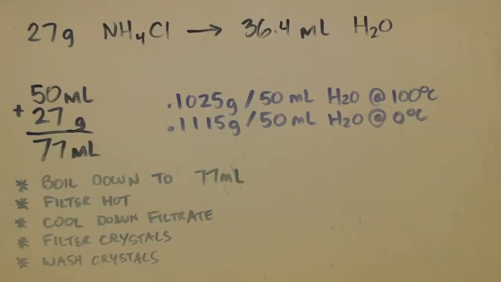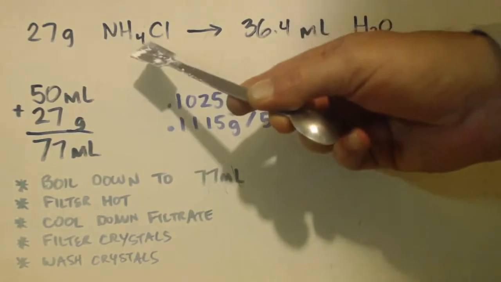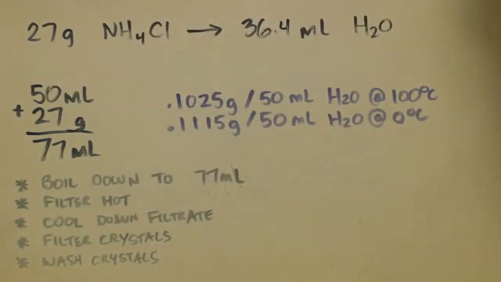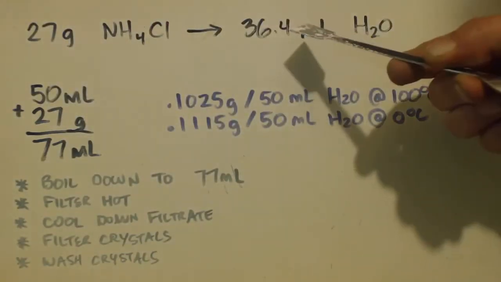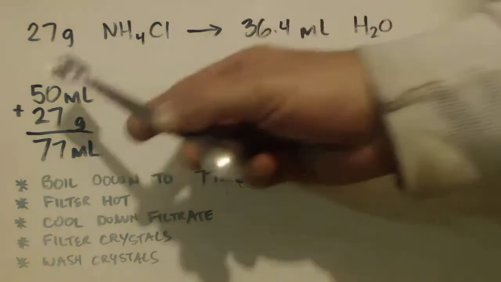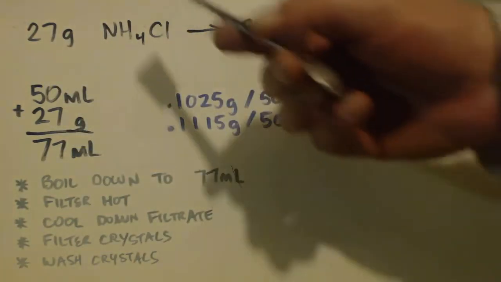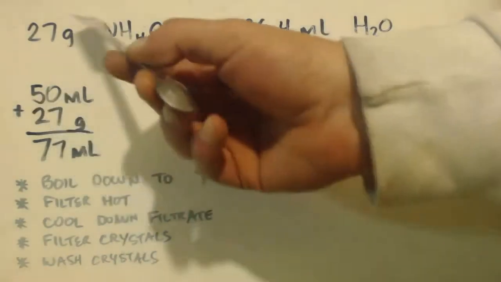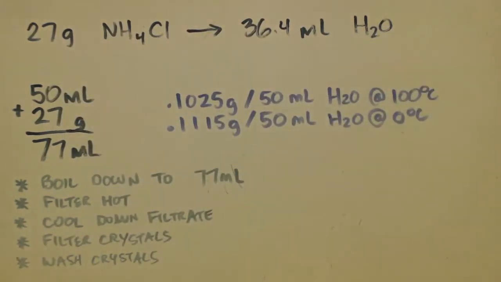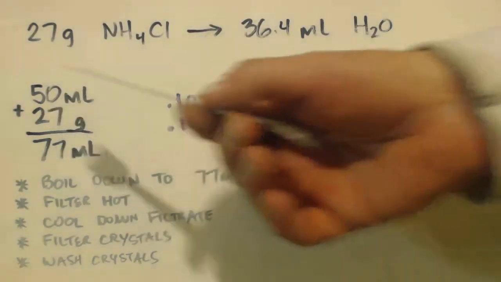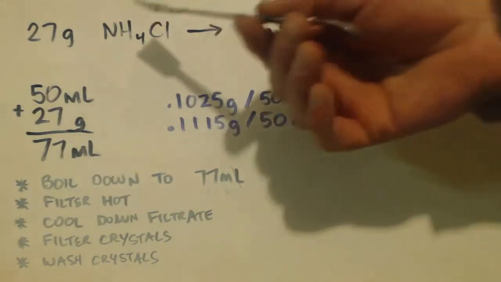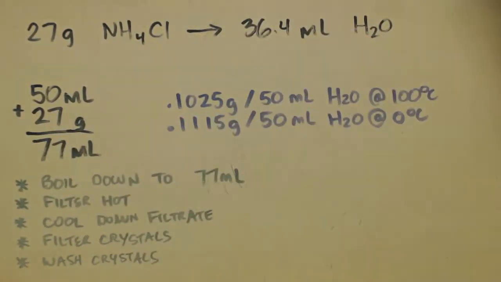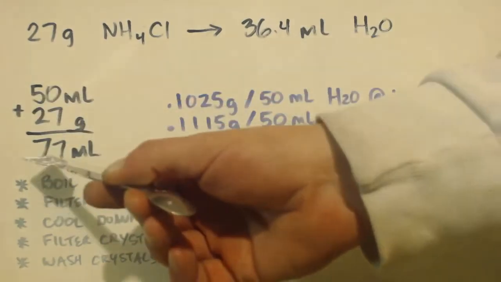Alright, so here's my new plan, right? I'm making 27 grams of ammonium chloride. 36.4 milliliters of water is needed. You can get 27 grams into that. That's the minimum water you need. So I jacked it up to 50 milliliters. Now I'm guessing when you add 27 grams of the ammonium chloride to the 50 milliliters of water, the ions probably take up less room than the actual salt. But I'm just going to say that it's 1-for-1, okay? I don't care if there's slightly more water in there. So if I add them up, that's 77 milliliters